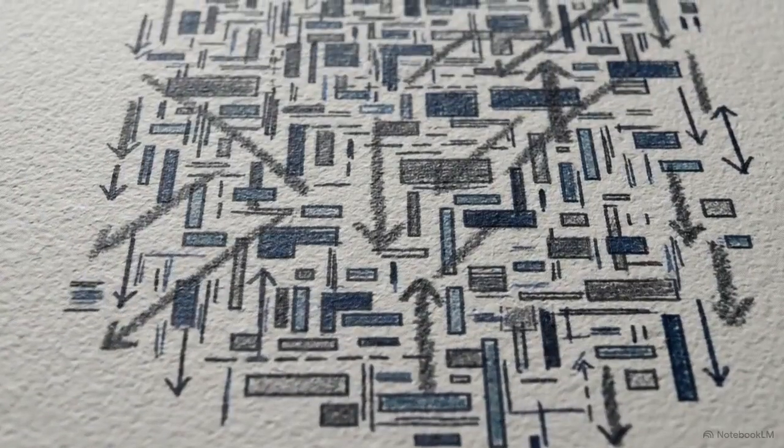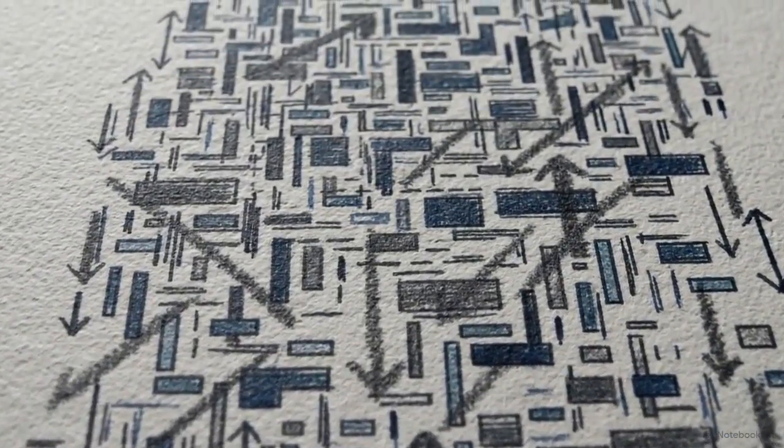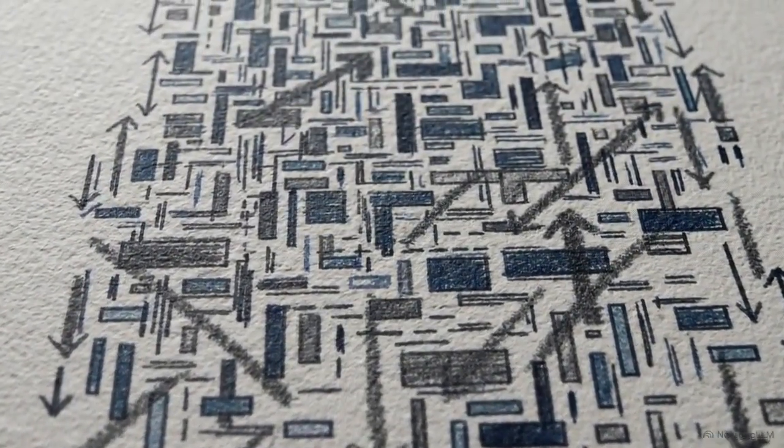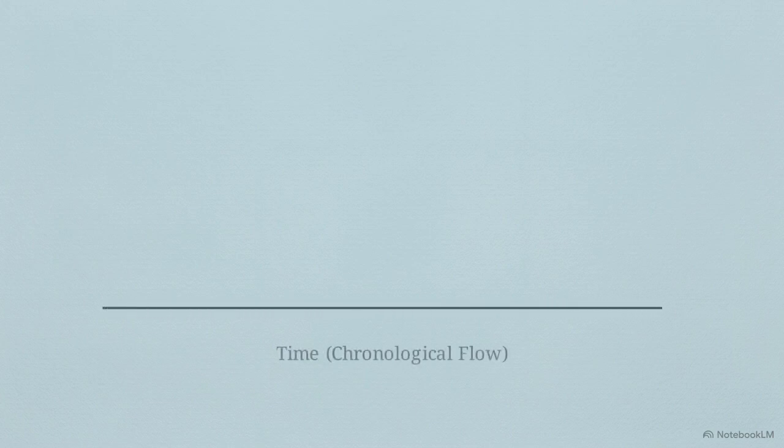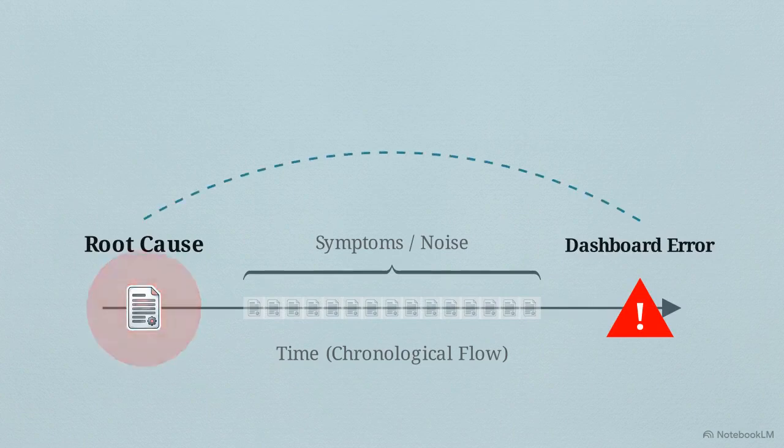The traditional instinct during an outage is to SSH directly into the SDDC Manager appliance to hunt through thousands of lines of text logs. If we visualize a cascading system failure on a timeline, we can see the logic of the logs. This illustrates the golden rule of troubleshooting. The very first error in a sequence is the actual root cause. Everything that follows is a symptom. The error we saw in the dashboard sits at the very end of this chain, making it the least useful